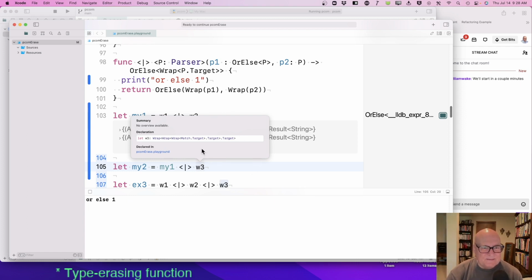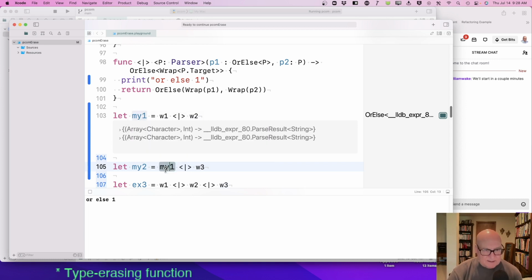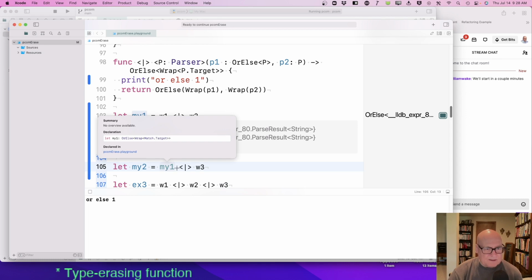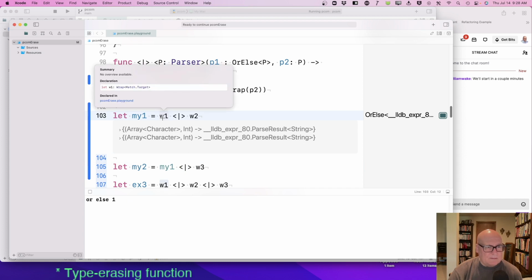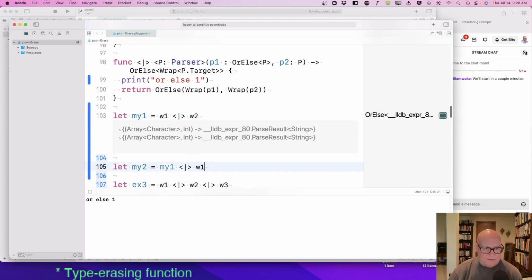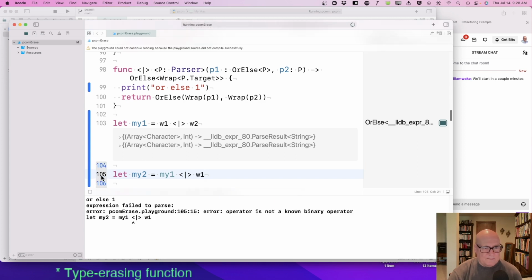All right. Yeah, this thing is complicated. All right, let's see. This is wrap match target. W1, I think, is wrap match target. Let's try this with W1. Operator is not a known binary operator. So the types don't match. Oh. My 1.